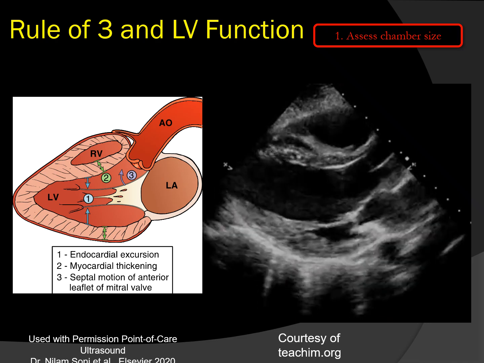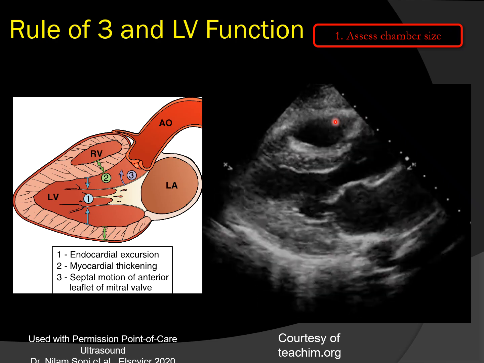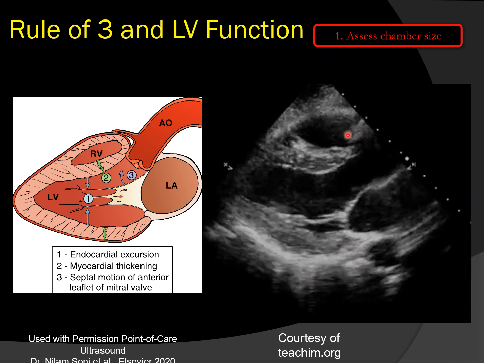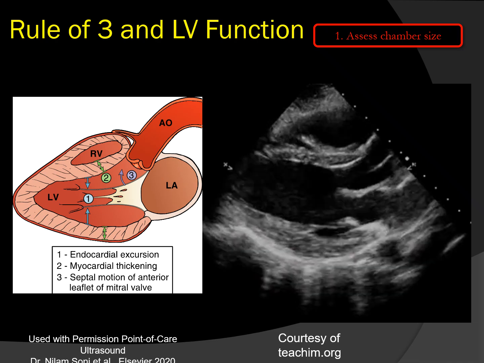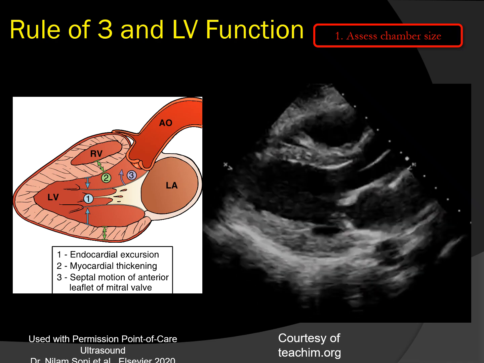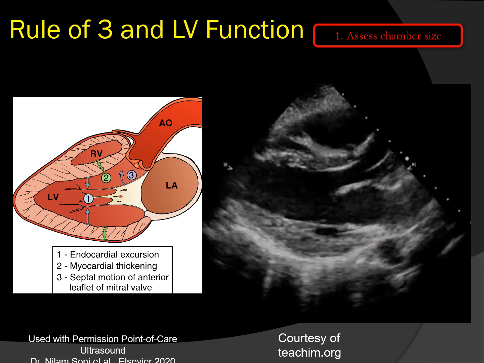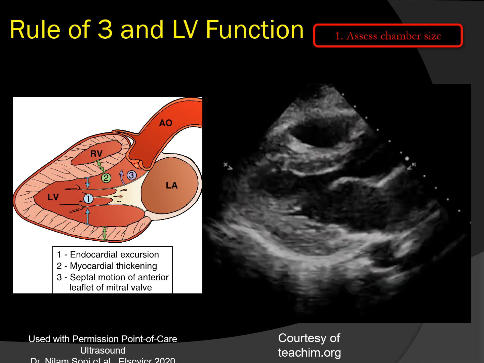If we point our attention towards the right side of the screen, we're looking at three chambers: the right ventricular outflow tract, the aorta, and the left atrium. These three chambers should line up, and they should also be about the same diameter and size. Normal diameter of these three chambers is 2 centimeters. So if one of the chambers is larger than the others, that may point us in the direction of a